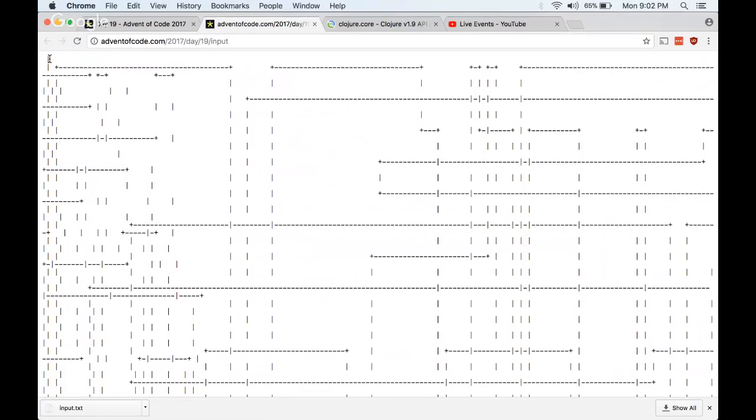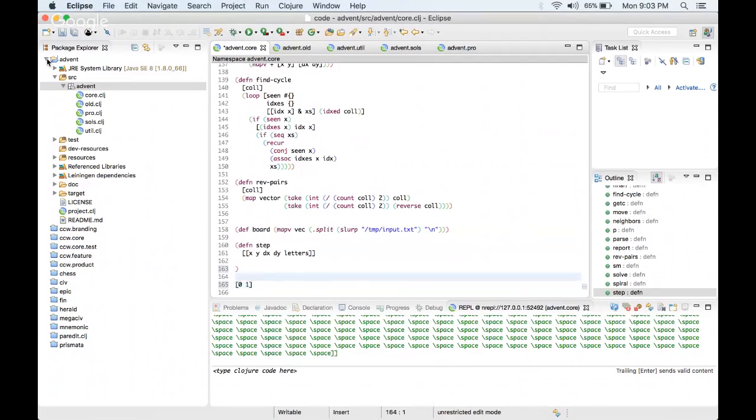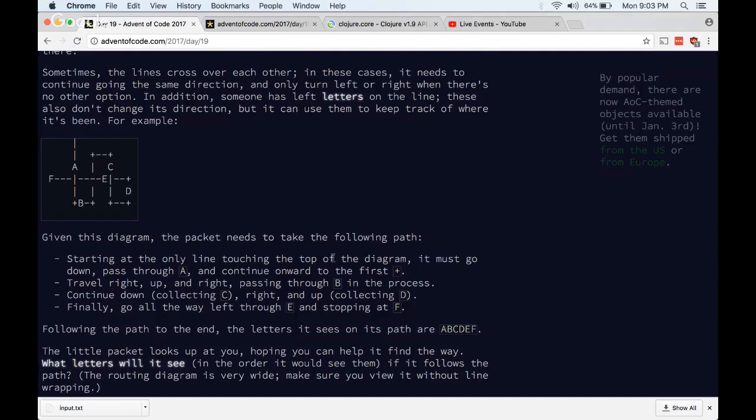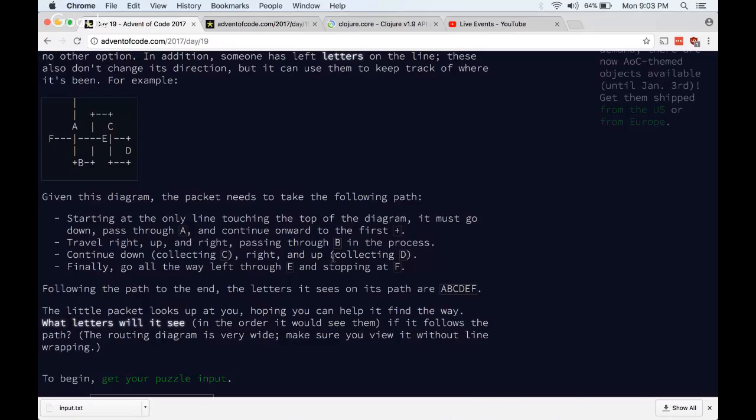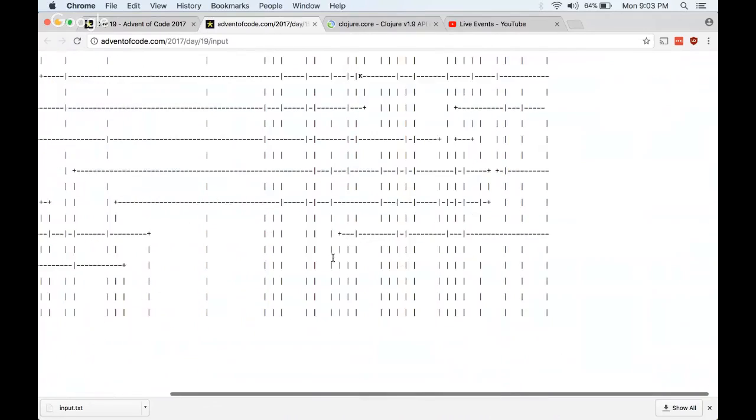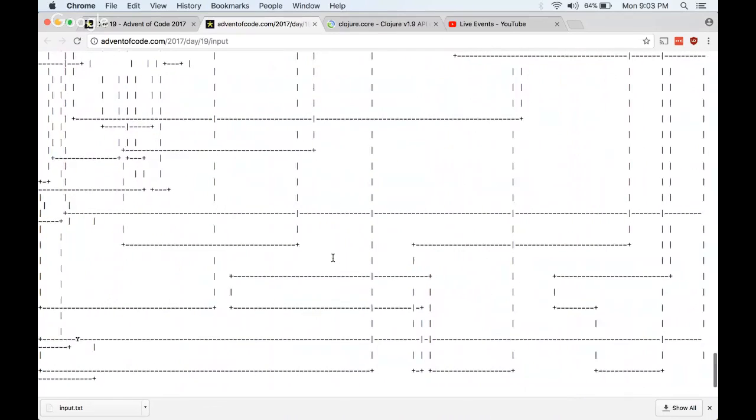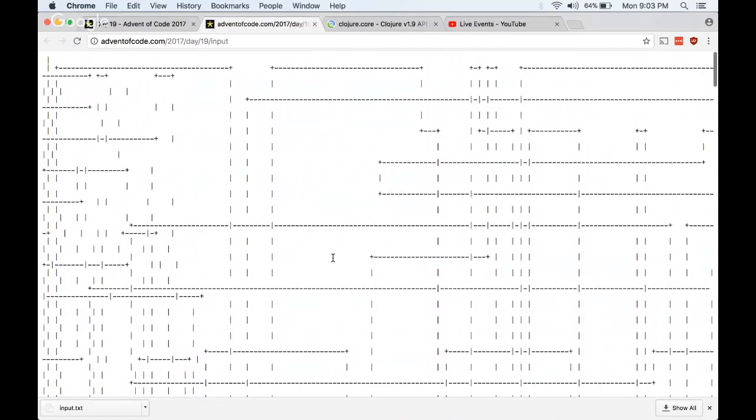So it looks like this is going to start on the 0th row on the 1th column here. So start something like this, and we know that we're going to be headed down. So we'll maybe represent this like this. So increasing y means going down, and an empty group of letters. And yeah, so let's see. So when does it stop? I guess it's gonna stop when there's no more lines to